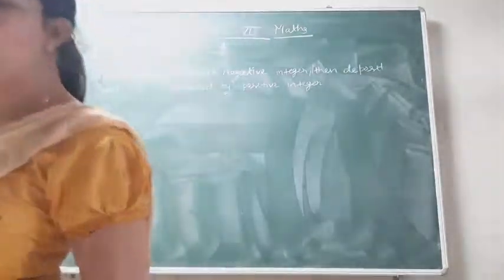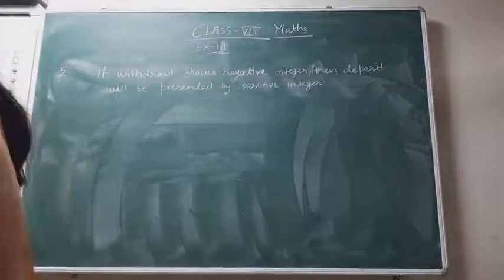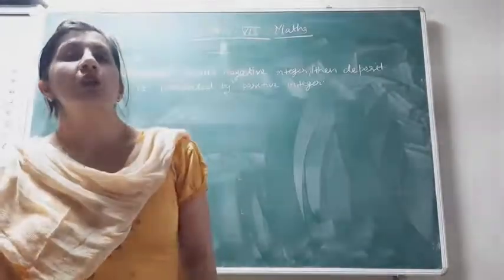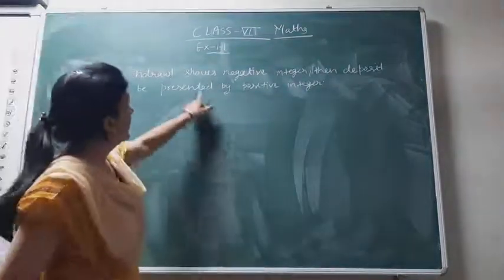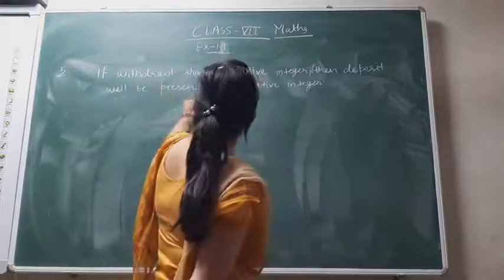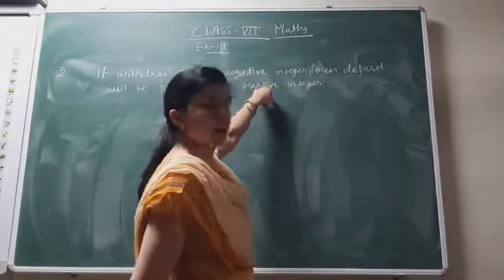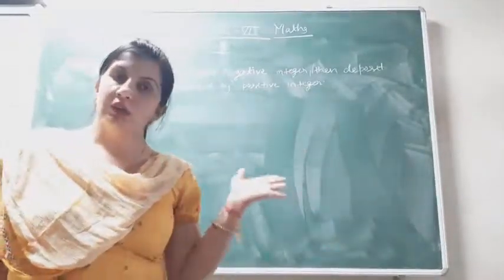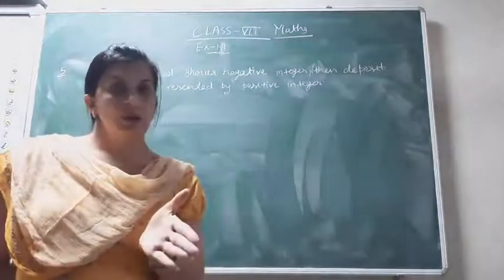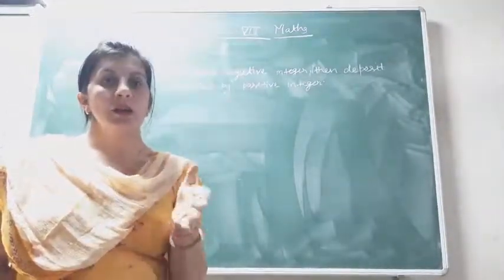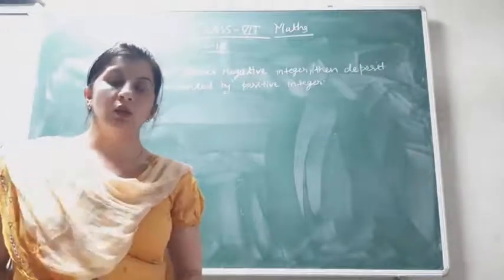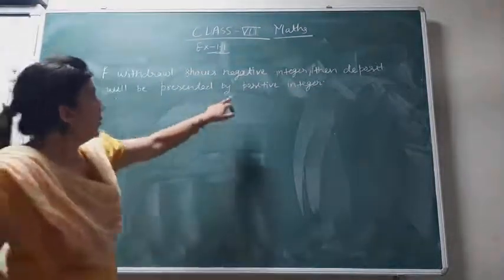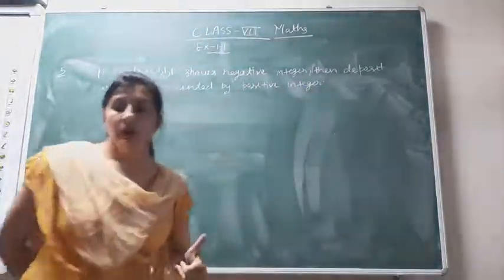So it is said that on the first day Mohan deposits some money in his account and on the second day he withdraws some money. Withdrawal is represented by a negative integer, then deposit will be represented by a positive integer, because withdrawal means we are taking money from the account. So it is negative because money in our account gets reduced. But when we deposit money in our account, then the amount is increased. So we put a positive integer for the money deposited.